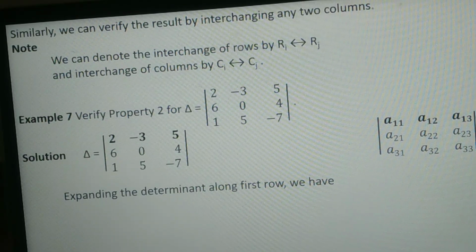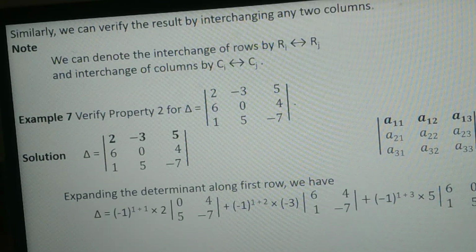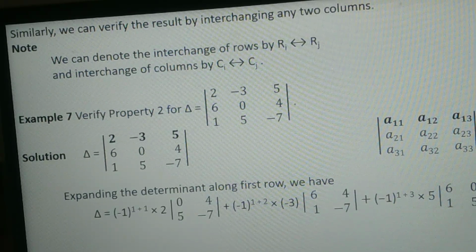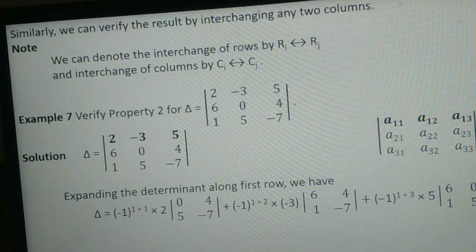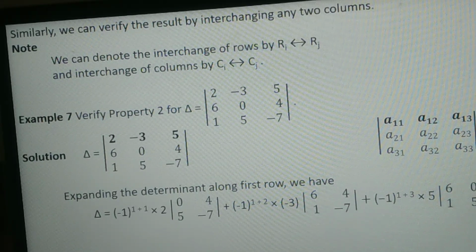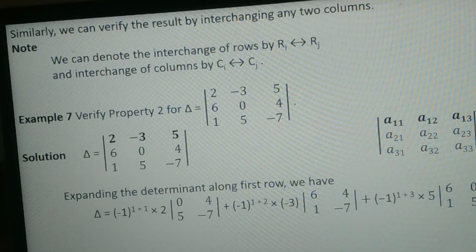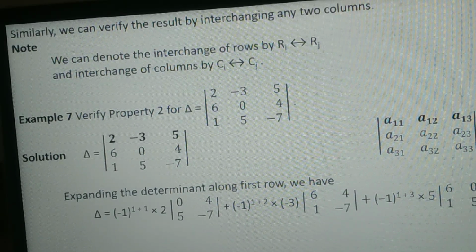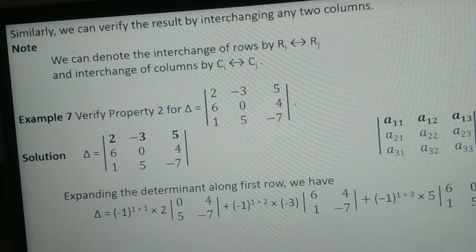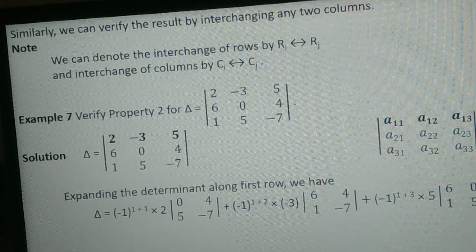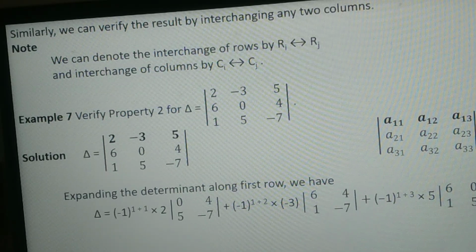Expanding the determinant along the first row, we get delta is equal to (minus 1) raised to 1 plus 1 into 2 into determinant 0, 4, 5, minus 7, plus (minus 1) raised to 1 plus 2 into minus 3 into determinant 6, 4, 1, minus 7, plus (minus 1) raised to 1 plus 3 into 5 into determinant 6, 0, 1, 5,